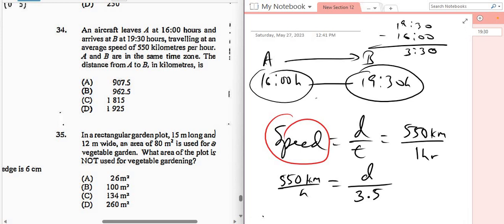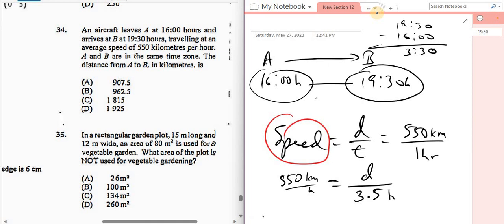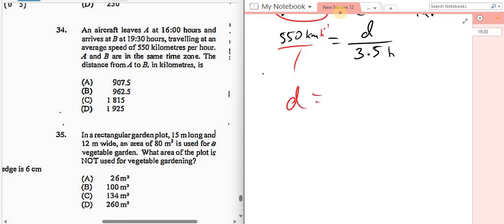If this is confusing, don't worry about that. I'm going to take off the units. So it's going to be 550 kilometers per hour, and this is going to be hours. Now when you cross multiply, what will happen? Let's cross multiply. Put this over 1. D times 1 is D. And 3.5